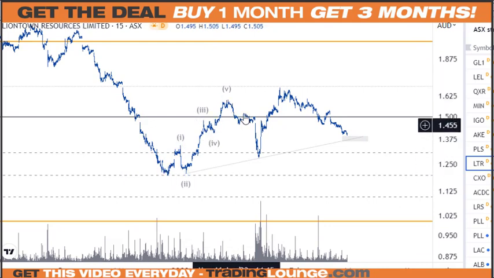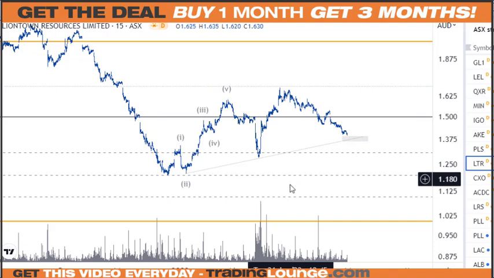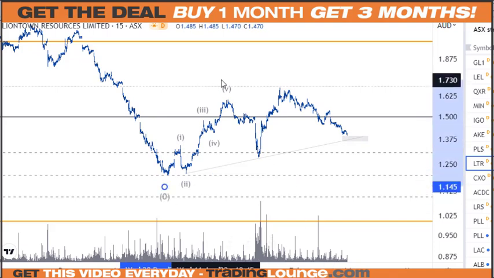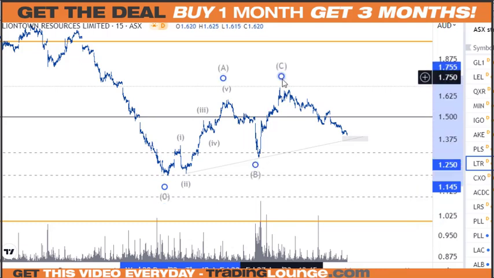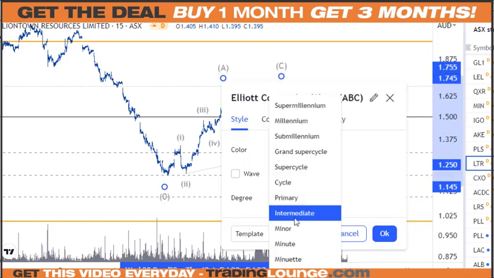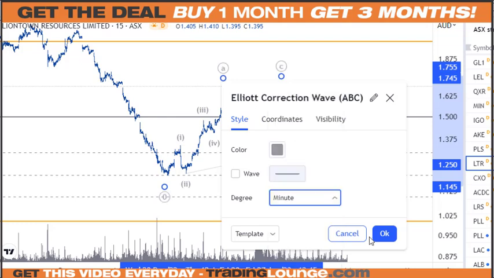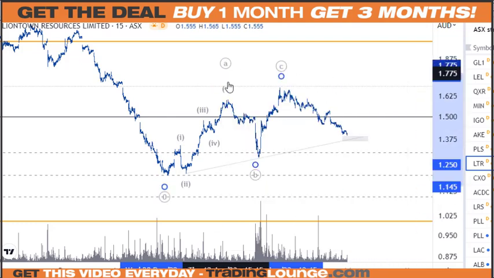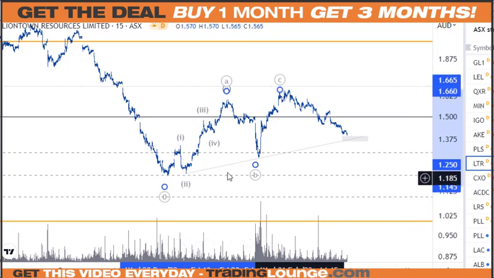So then we had a correction, which is good. So then we knew we'd make a new high, and we have made a new high, and it does look like 5 waves up there. It's just a little bit dodgy, but at the same time, at this stage, it's looking like some sort of ABC pattern here for this. I'll bring this back into minute degree at minimum here, so we could end up with this here. So what I'm saying is we've got this little trend line through here,